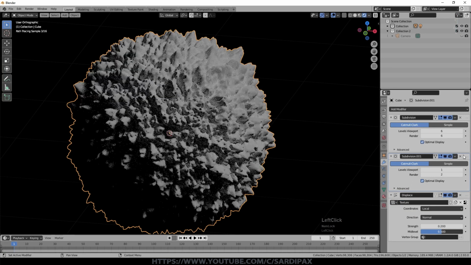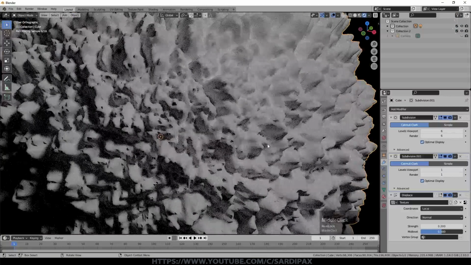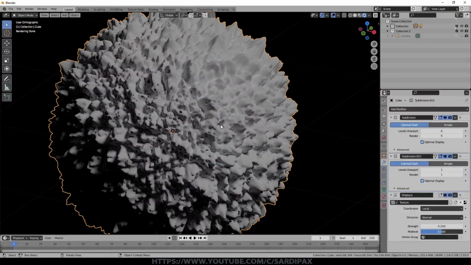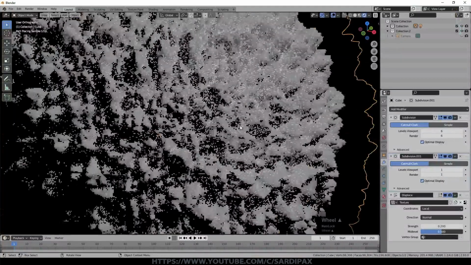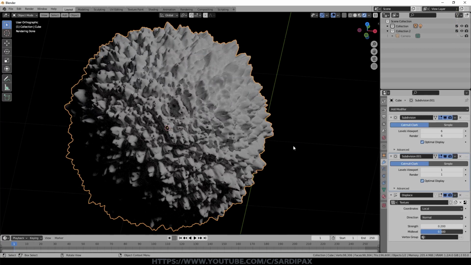I could put it up here. So that's now added an additional subdivision, and you can see we're getting finer detail, but we're getting artifacts as well because the shading is struggling. The smooth shading is still struggling to give us what we need. But what if we want to add textures but dynamically manage how the shape appears? So here we're actually changing geometry, but there's a way to do this that is more efficient.